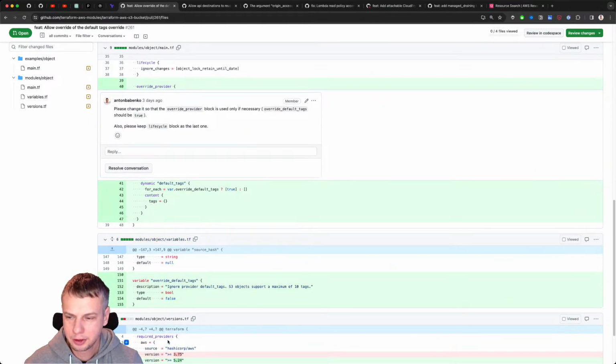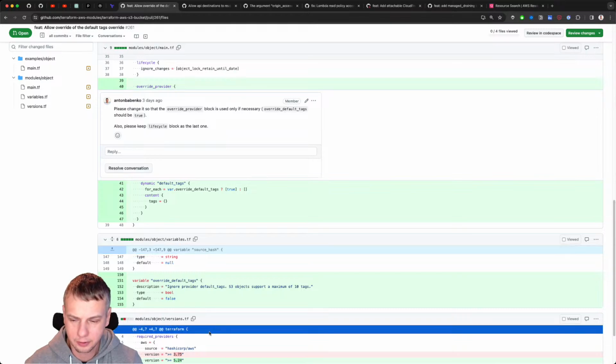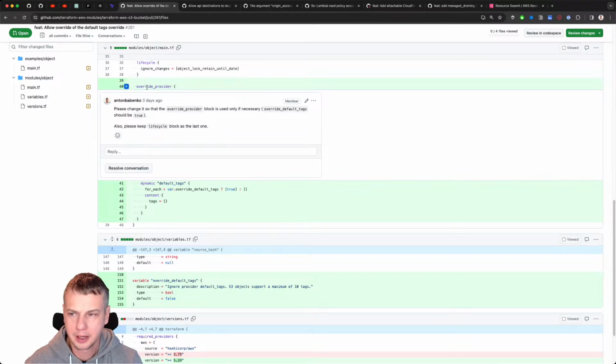And in a recent version of the Terraform AWS provider, they have added support for a block called override provider, and there they specify that default tags can be empty.